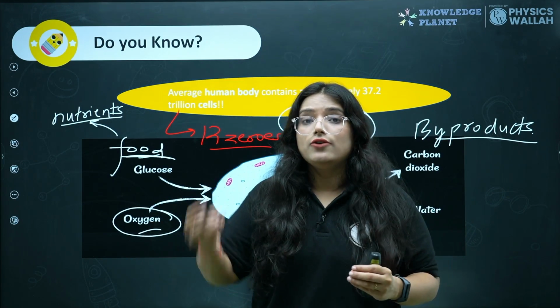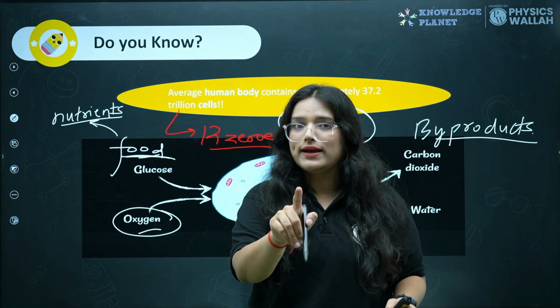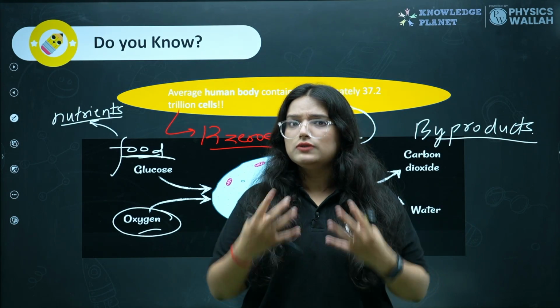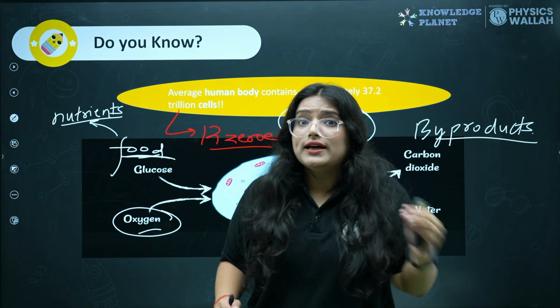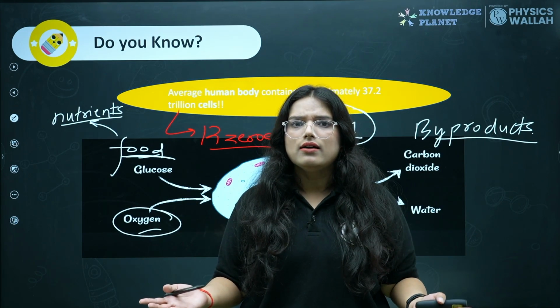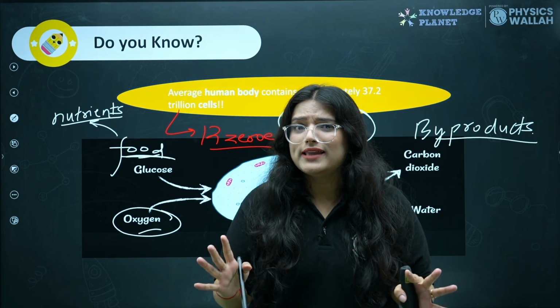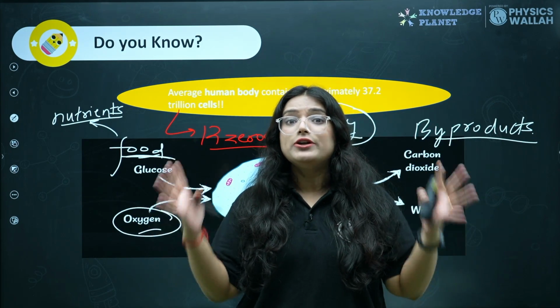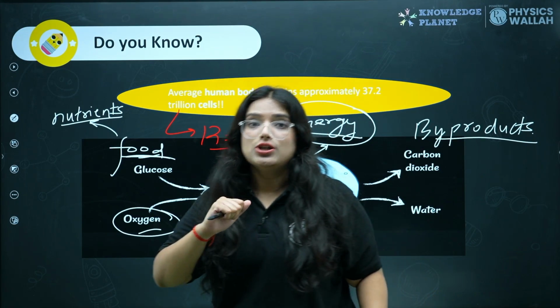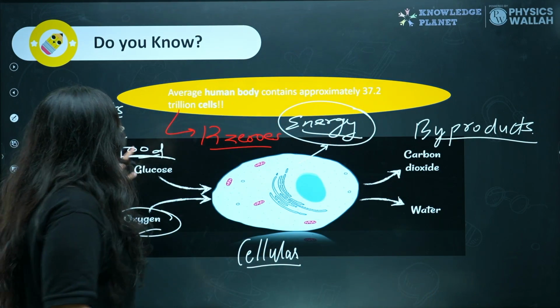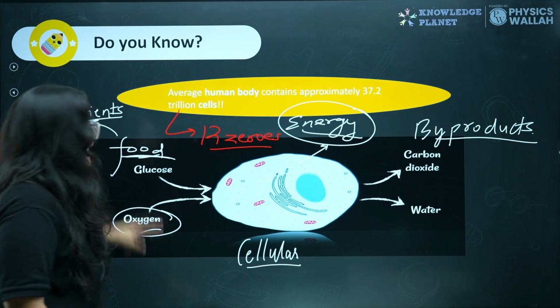But we take the food from our mouth. You agree with me, right? And oxygen, we have nose for it, right? But how do we take this food and how do we take this oxygen to each and every cell? So for that, we require a transportation medium. Just like our car, we need a transportation medium so that we can transfer all of this food and oxygen to